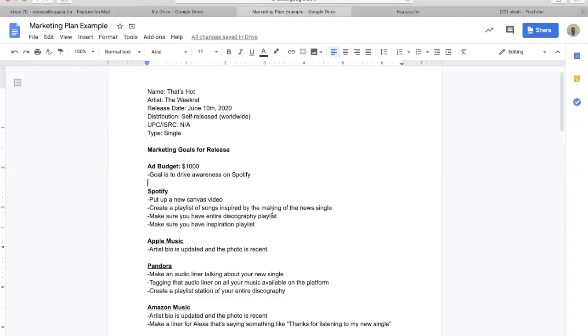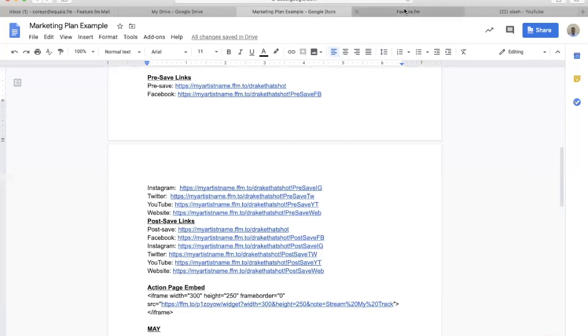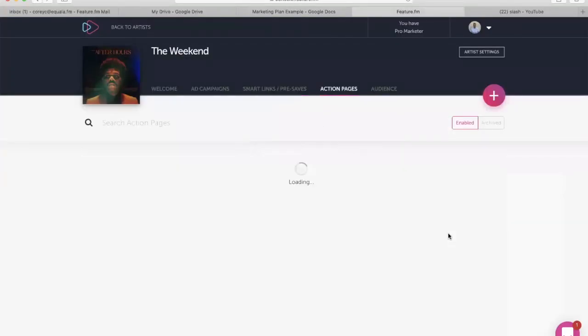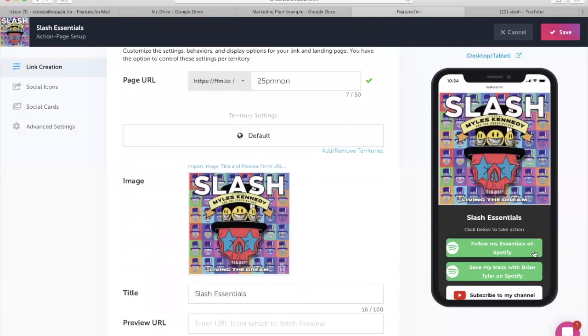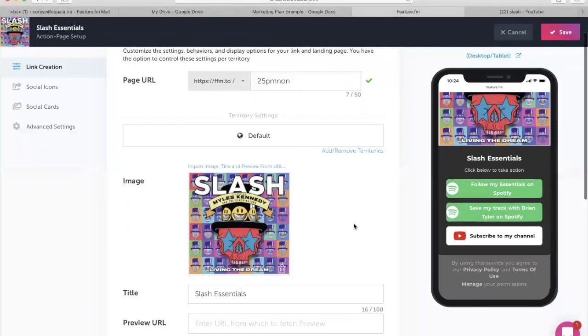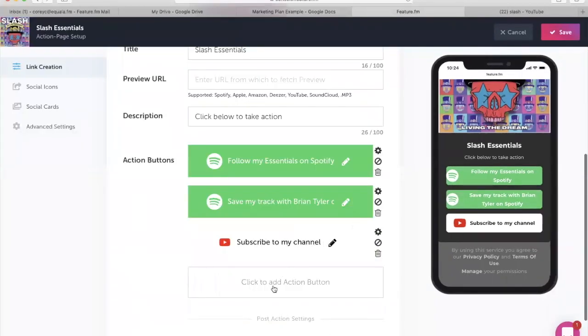An idea that I've been toying around with is, if you have a website hosted on Squarespace, or hosted anywhere else where it's really easy for you to embed things, I would create the action page that we created earlier, and make all of the actions on it specifically for Spotify. So I would do the Essentials playlist, and I would do Save My Track with any feature that you can. I would also do follow